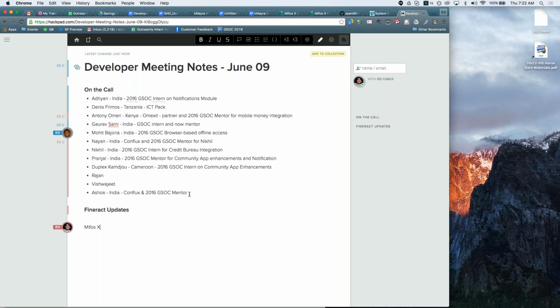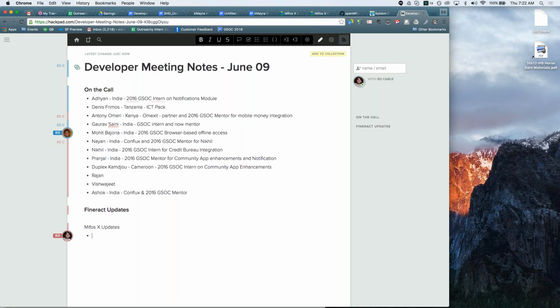And in terms of Mifos X, the focus right now of the core team on this quarterly release centers primarily on self-funded groups and the savings group model.